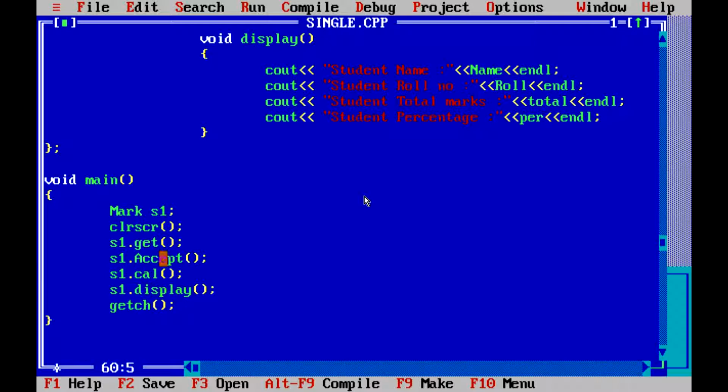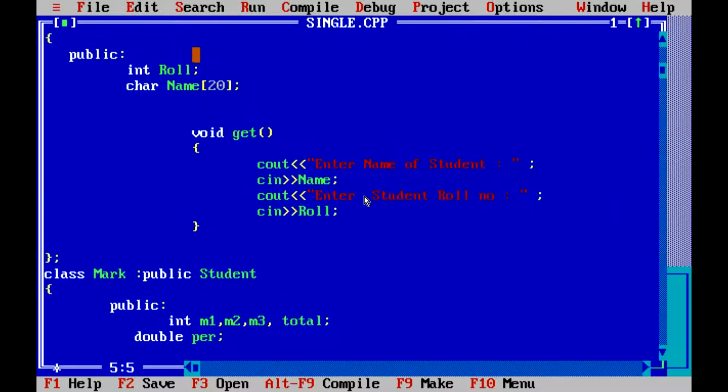Accept, cal and display are in marks, so it can call them, but get is the function present in student. So this is the concept of inheritance. We can use the function from the base class in the derived class. S1 is the object of marks, and marks is derived from student. Finally we use getch to display the data. This is the program for single inheritance.